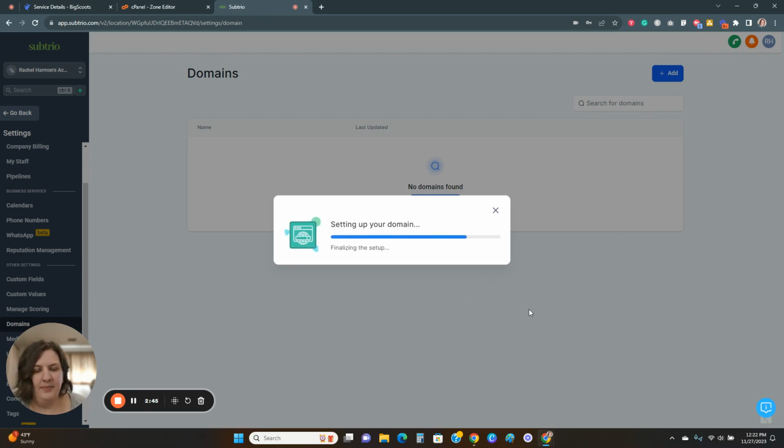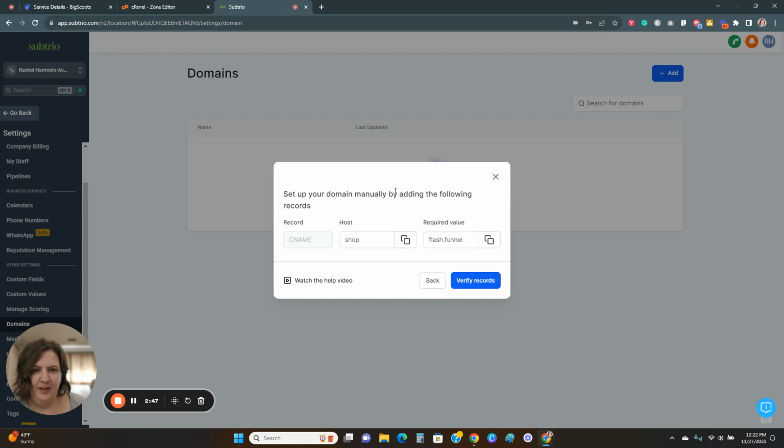And it's going to do some checking here. All right. Okay, so next up, it's going to say we need to add this information to our domain. Okay, so what you need to do, this is our CNAME record. We need to know that. And then we need to copy this information here. So just click on copy. Okay, so let's come back over here to our zone editor